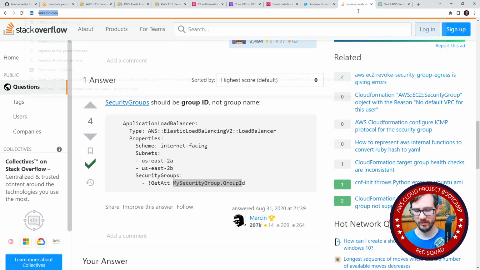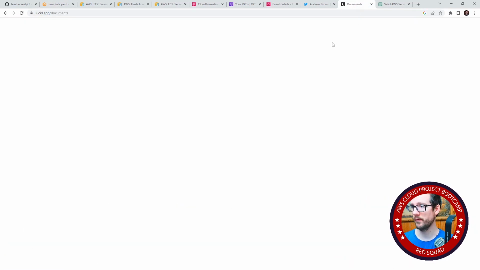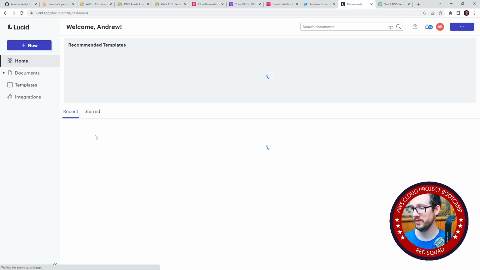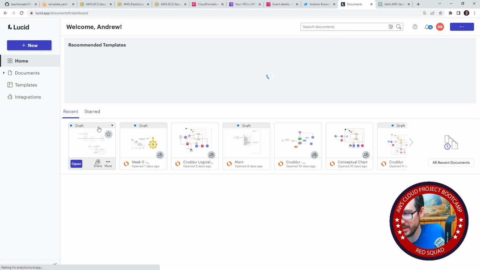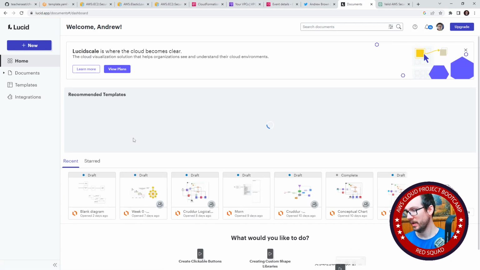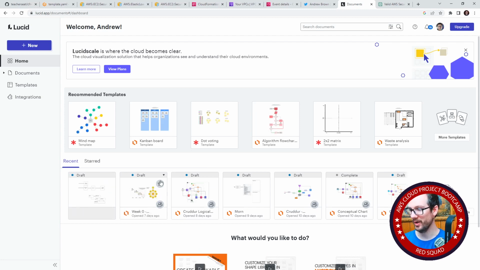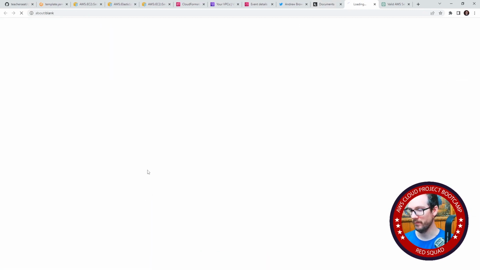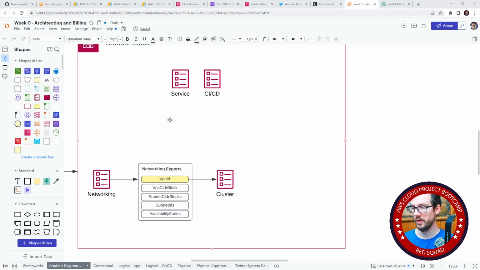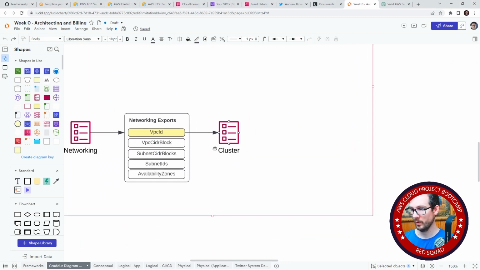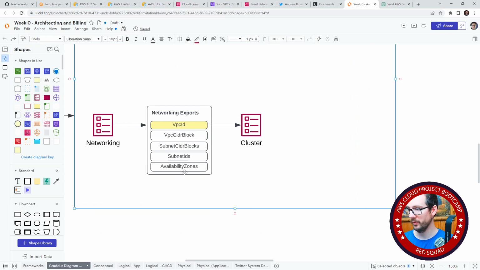I just realized that we've been updating our exports for our networking layer. So I'm going to go back to here, and I'm going to open up our diagram from before. All right, so over here, we said subnet IDs, and actually now it really is, if I can click into the right one here, we'll just bring this down here. So we now have